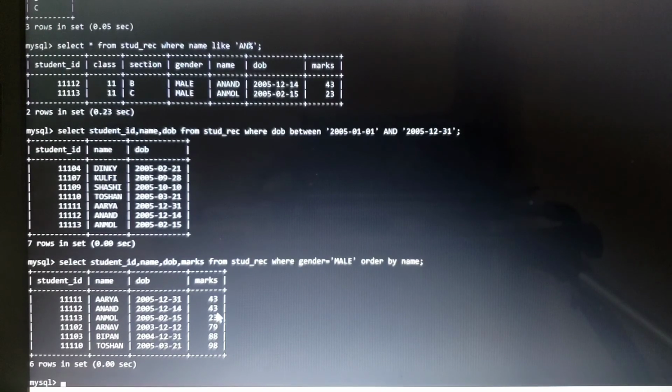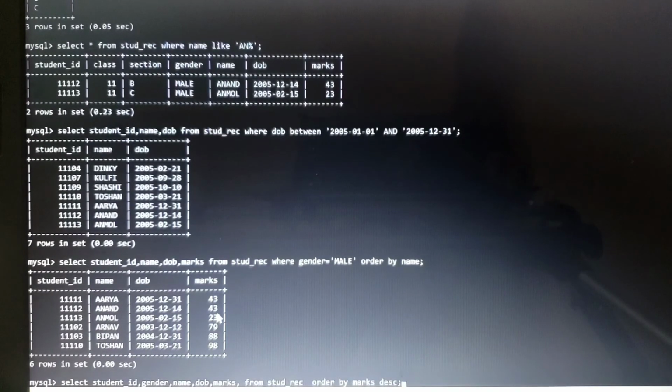Now next query, that is number 11, in which you have to display the roll number, gender, name, date of birth, marks in descending order of their marks. Here, if we see according to the syllabus, the email field is also given, but I am not showing the email field. As you know, in our creation of table, email is not mentioned. So if you want to have it, then from the beginning you have to take it. As I did not take it, I am not taking that email.